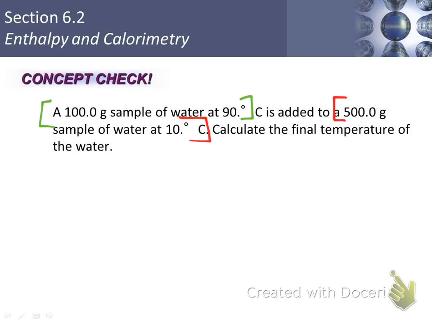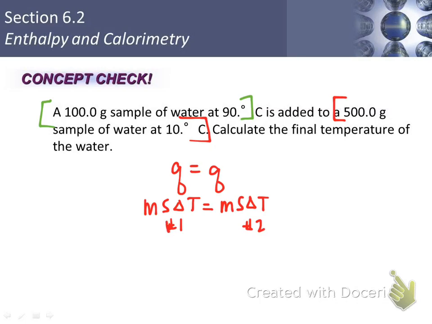But the way we do that is we set our two Q values equal to each other. And so we expand that to say m s delta T equals m s delta T. This is for our first substance, and this is for our second substance. Okay? So, for our first